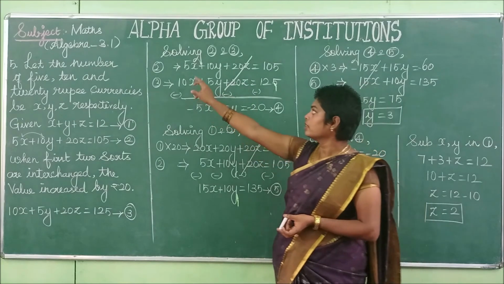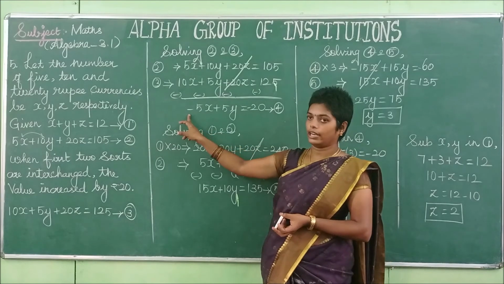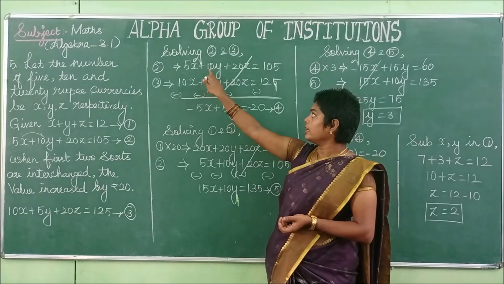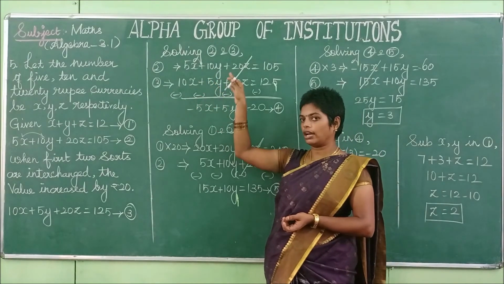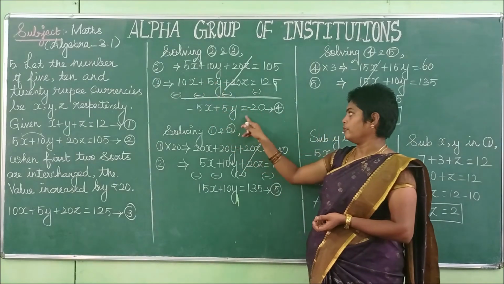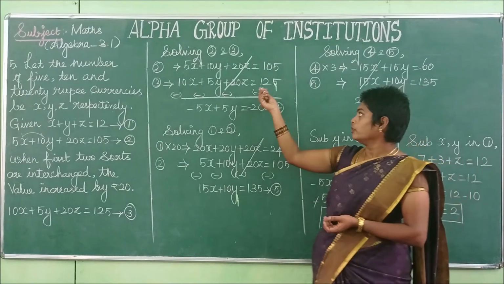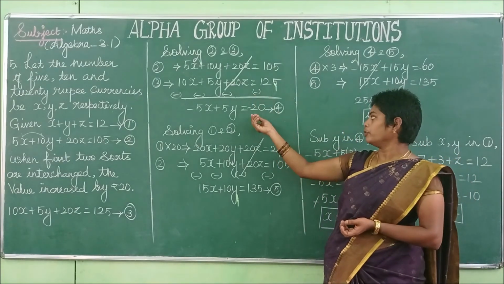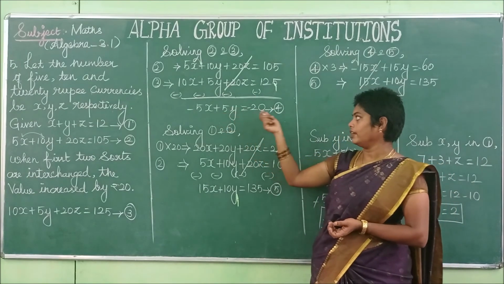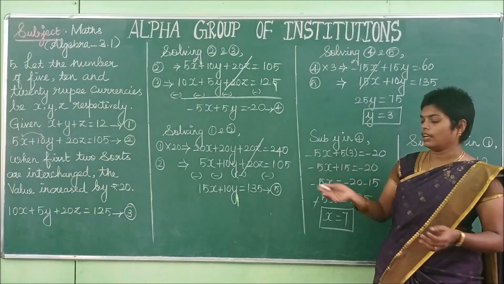What are the other values? 5x minus 10x. 10 is the bigger number, so we put the negative sign first and subtract: 10 minus 5 is 5, so 5x. Here 10 is positive and 5 is negative, so you have to subtract and put the sign of the larger number, which is 10. So positive 5y is equal to, after cancelling those values, 25 minus 125. 125 is the bigger number, so you have to put a negative sign. So what equation did you get? Minus 5x plus 5y is equal to minus 20z. Take this equation as the fourth equation. Now you solve another two equations.